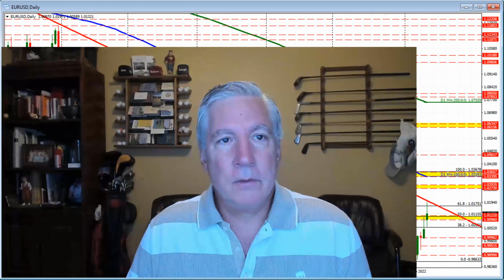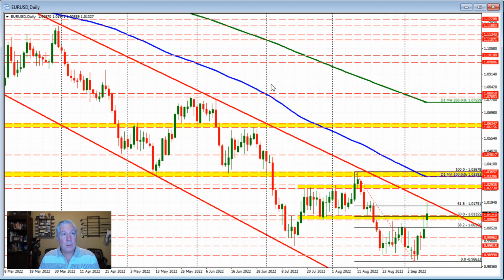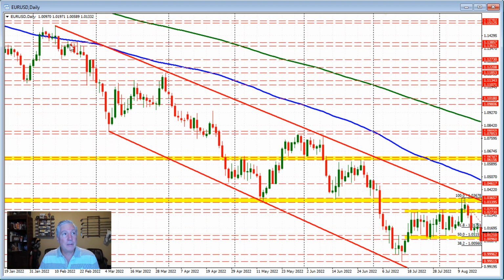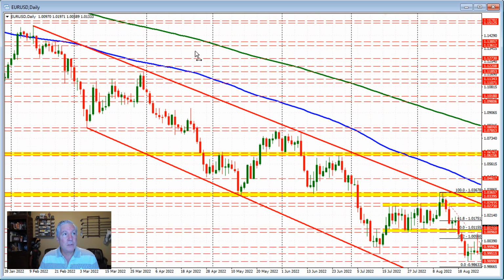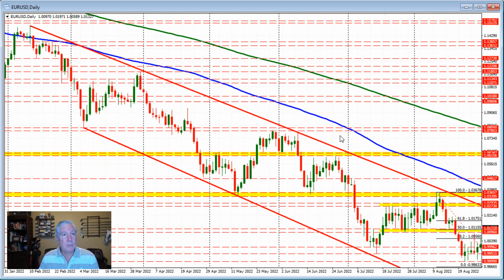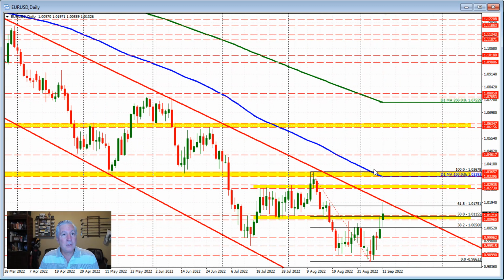Looking at the euro versus US dollar, starting with the daily chart here, taking a longer term view. If you go back to this high price that came in February, that was the high price or near the high price for the year in the euro versus US dollar. And we connect the highs through here. And as you can see, the market moved up close to its topside trend line here. Getting above that trend line gives the buyers a little bit more